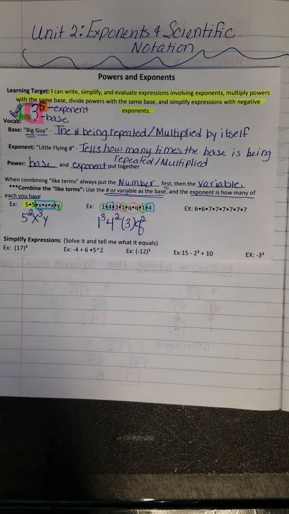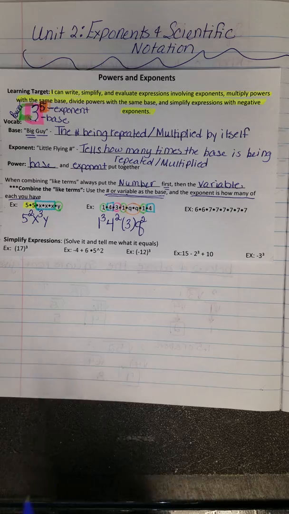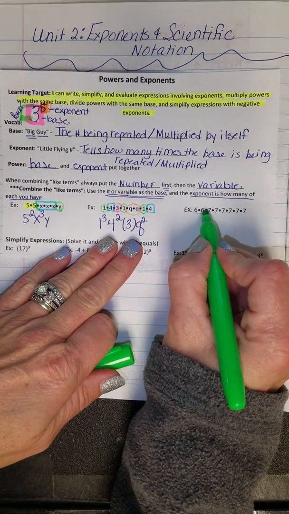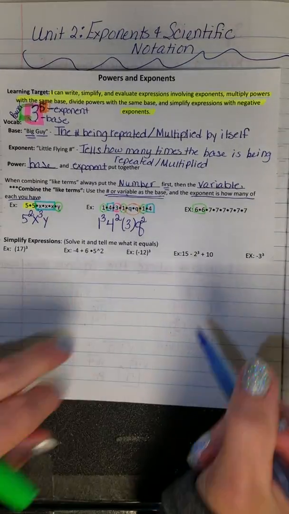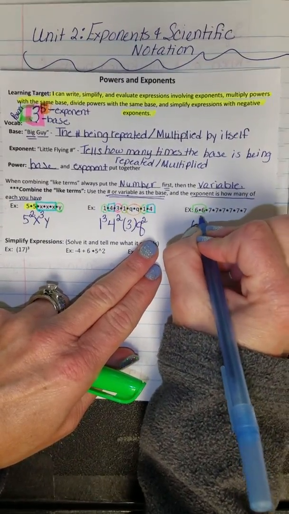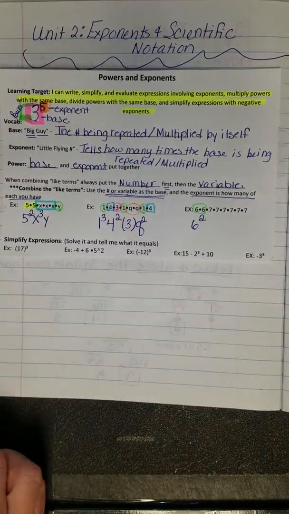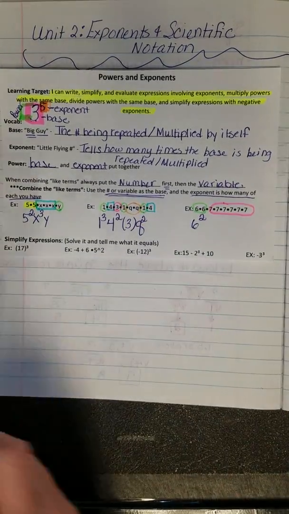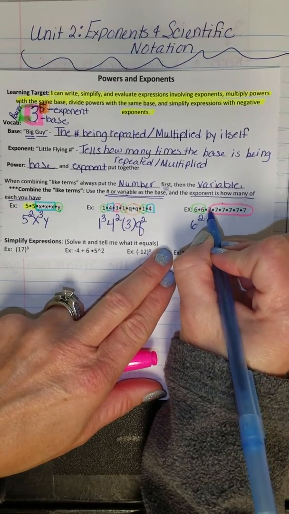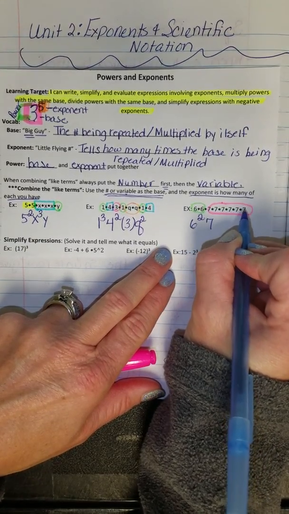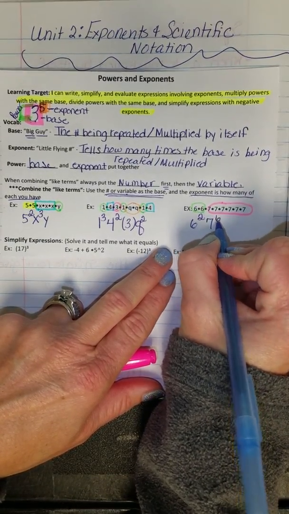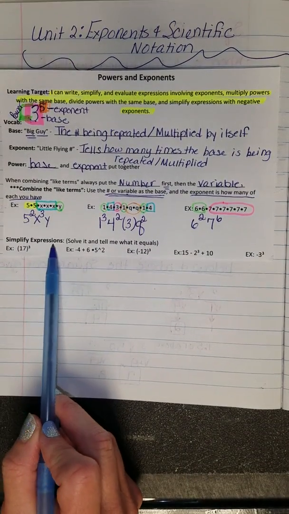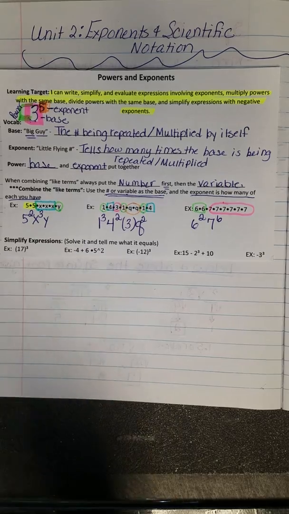All right, go ahead and pause the video and do this last example and then start it back up and see how you did. Looks like I have 6's, so 6 is my base. I have 2 6's, 2 is my exponent. And then I got a whole bunch of 7's here. So 7 is my base, and 1, 2, 3, 4, 5, 6 becomes my exponent. All right, down here it says simplify the expressions. That means solve it. Tell me what it actually